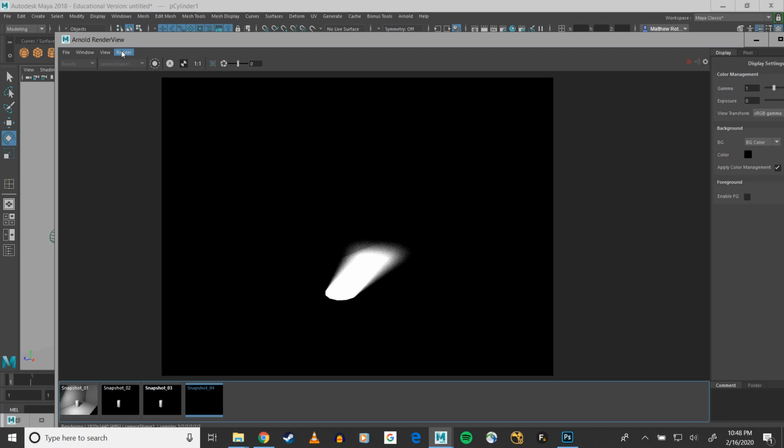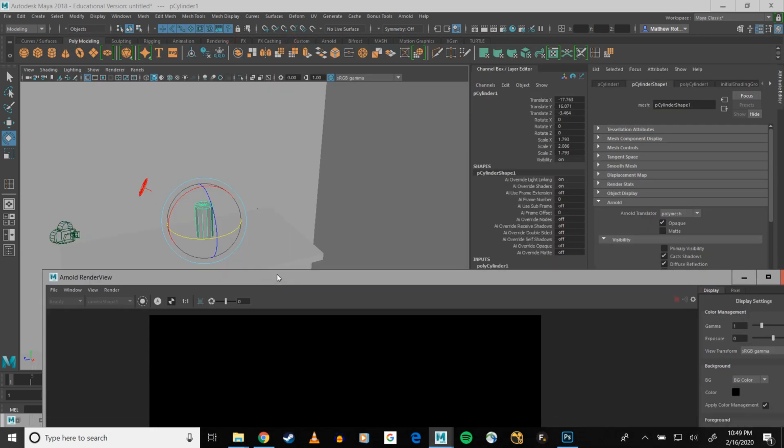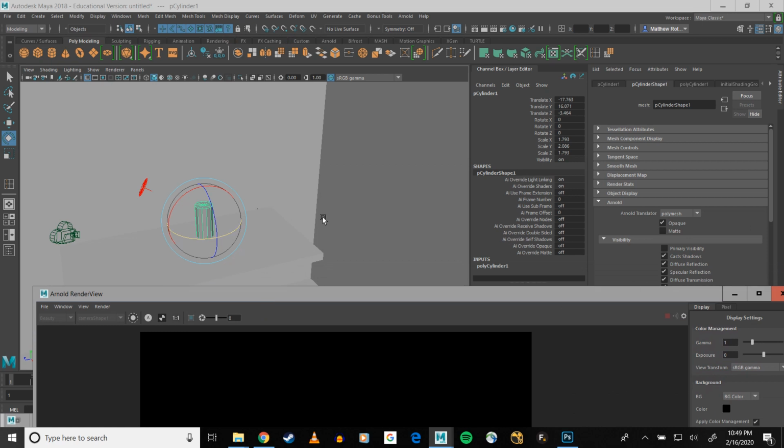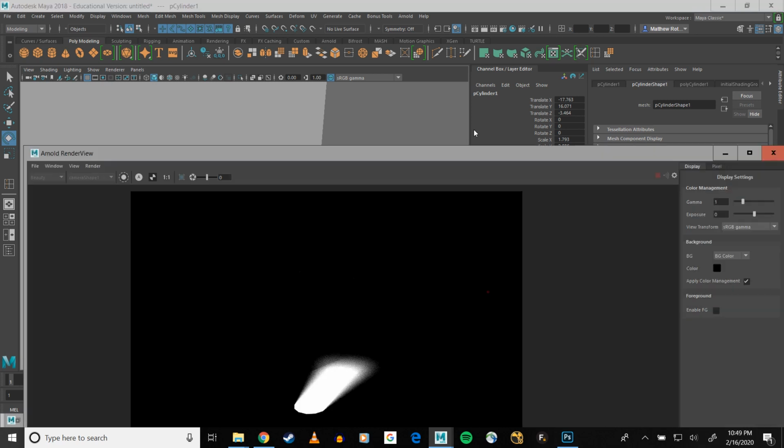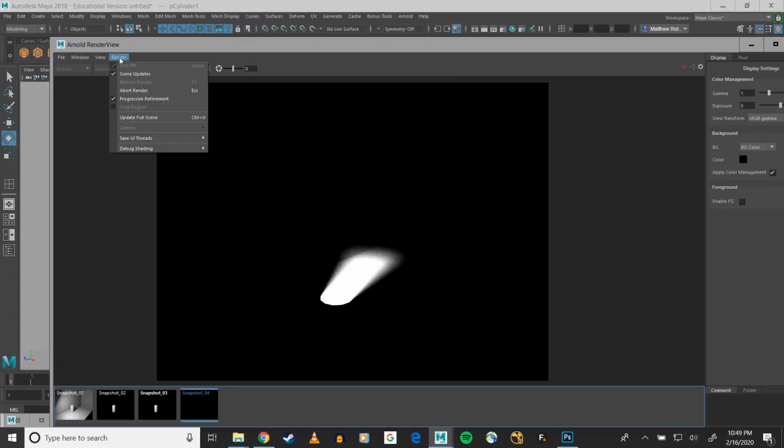Now I'm going to get one more render, but this time I'm going to get it of just my cylinder and without a shadow. So what I'm going to do this time is turn on primary visibility and get rid of cast shadows and render, refresh render,